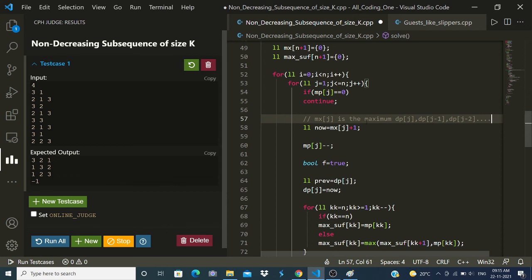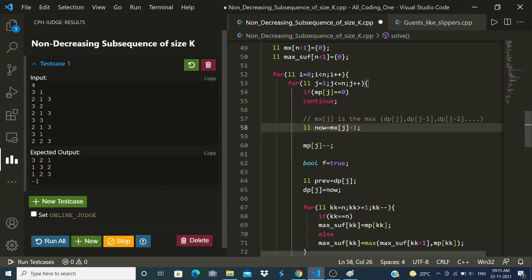So max of j is the maximum value of dp of j, dp of j minus 1, dp of j minus 2, so the maximum of all of these, right? So it's simply the max of this. So max of j is the maximum of all the dp's starting from 1 up to j, right?